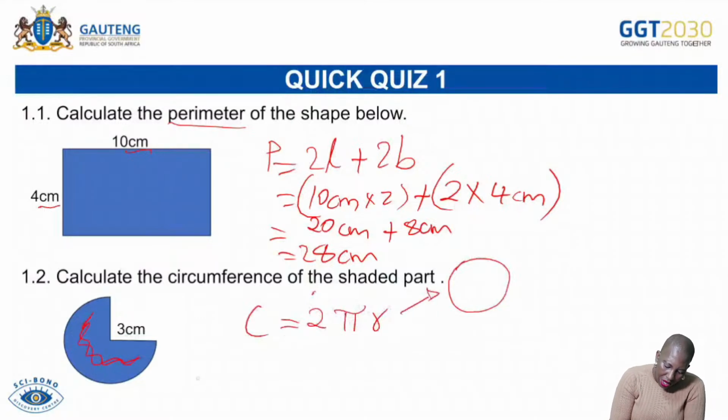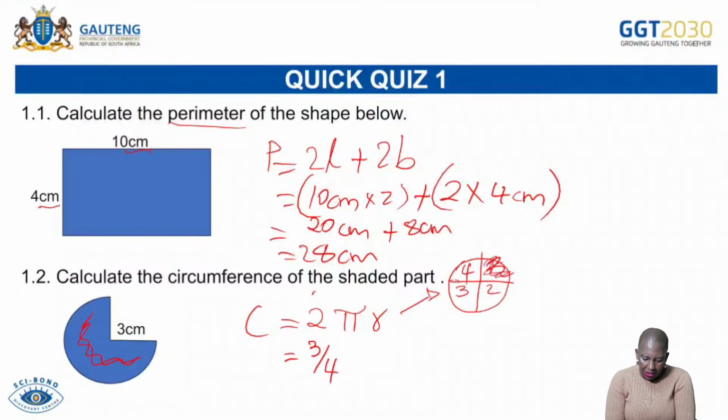Now, because we want only the shaded part, that means we'll say 3/4. Because if we check this circle, I can divide it into 4 parts: part 1, part 2, part 3, part 4. So I've taken out this shaded part. If I've taken out the shaded part, I am left with how many parts? 1, 2, 3. So it's 3/4. And then what I do, I just multiply it by 2